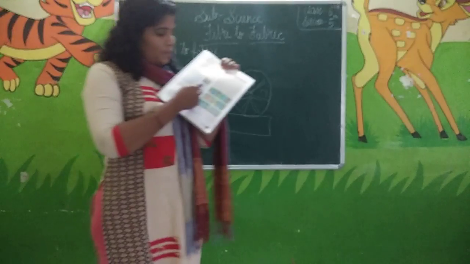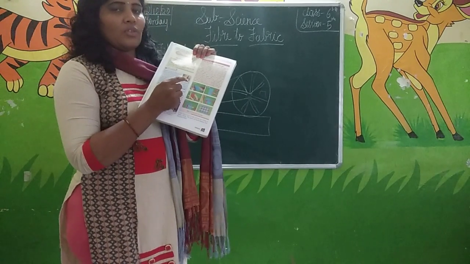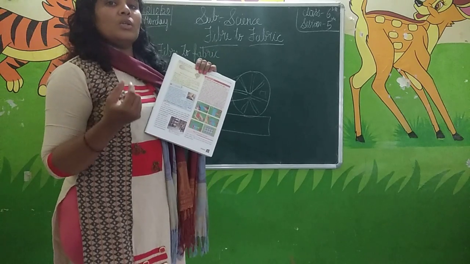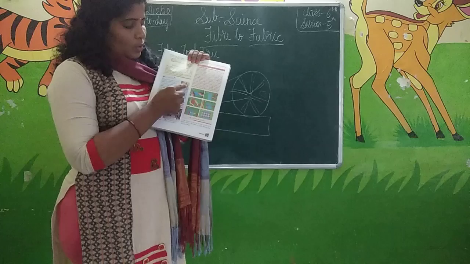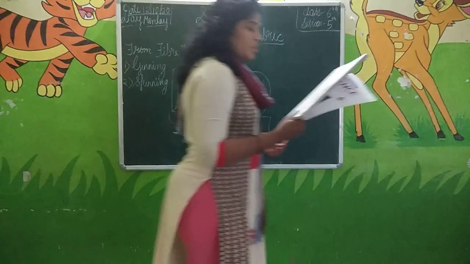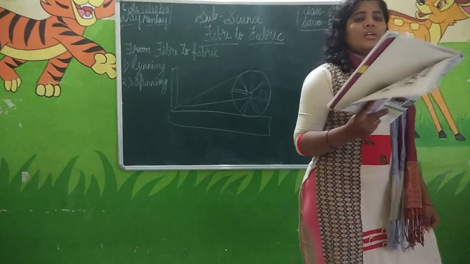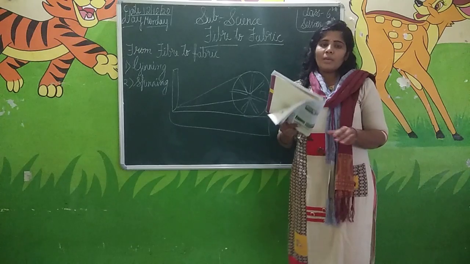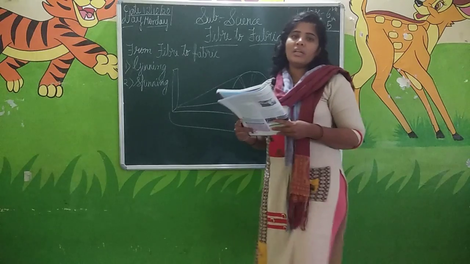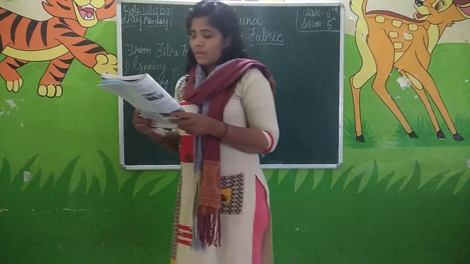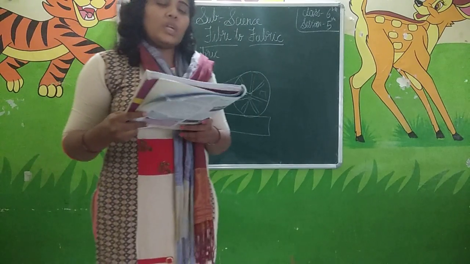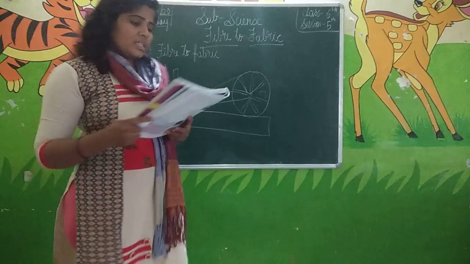In this picture you can see Gandhiji, the father of our nation. He used to wear only khadi cloth. He prepared his own yarn and spun his own cloth. In the independence movement he popularized the use of khadi because he boycotted the British cloth manufactured in the textile industries. For the support of khadi, they also started a commission called the Khadi and Village Industries Commission in 1956 itself.